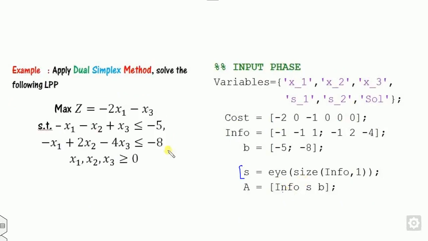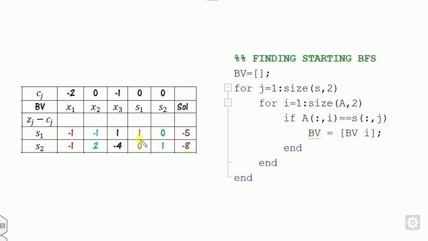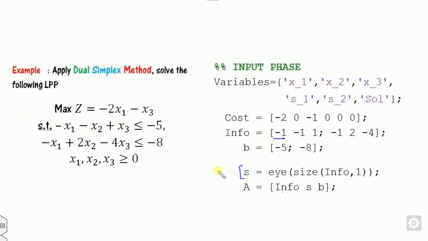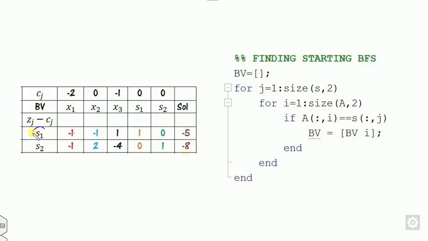Now this is there. Now you first have to construct this table. These values -1, -1, -1, 2 you have saved in the matrix info, that is A. Now you first define this S1 and S2, which correspond to the I. So you first have to find the identity matrix. So I can copy this text. What is that? You have to find this column. So the meaning is, you have to compare this first column with this, which is my S. So with this one. If it is equal, then we can preserve the value of I, that is a column. Otherwise we can move on again and again.